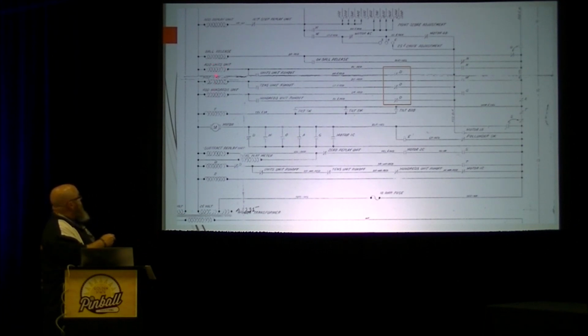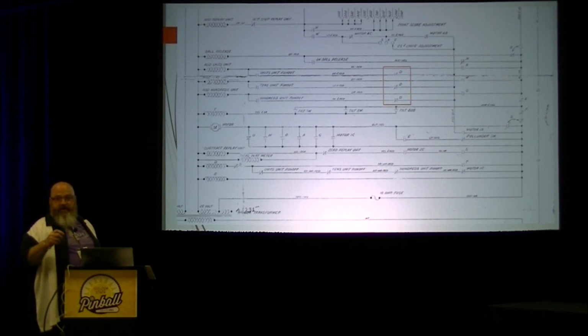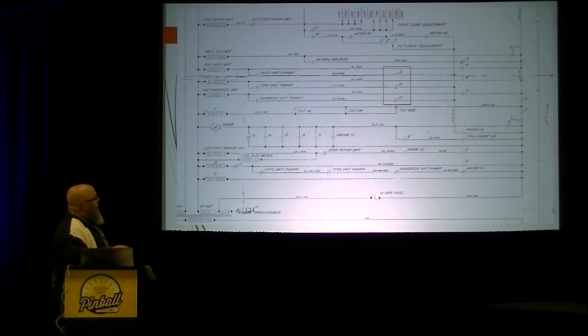And what you can see here, these coils represent the coil in the score reel. It's pretty funny: instead of calling it the ones unit, they call it the units unit. I thought that was kind of funny. A little hard to read here, it says tens unit and hundreds unit. The run-out switch is the one that is closed when the score reel is not showing 0. So that when you're in a reset cycle, you've got, let me follow this back,